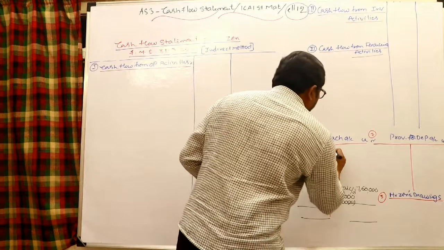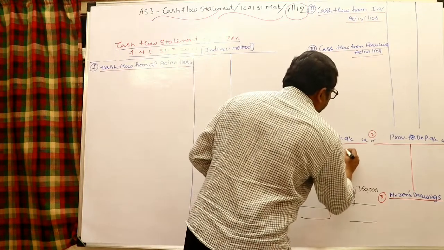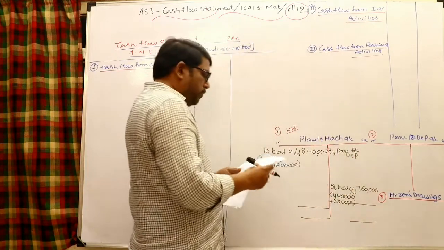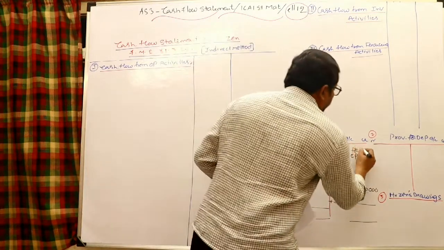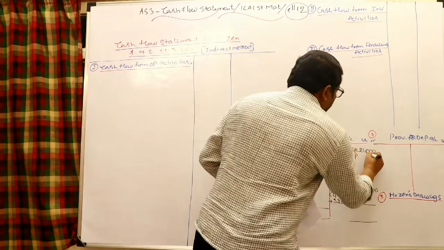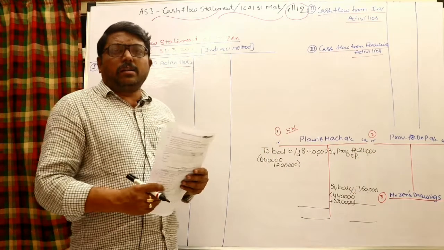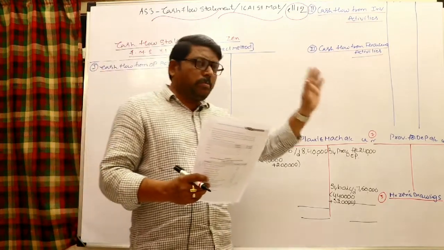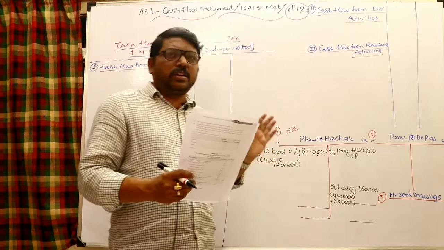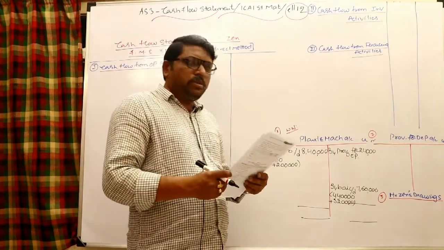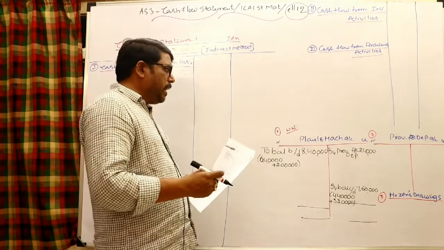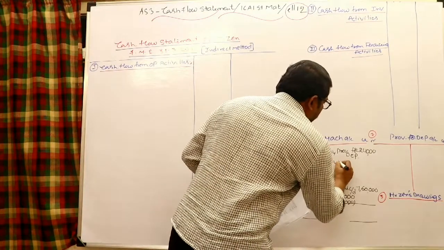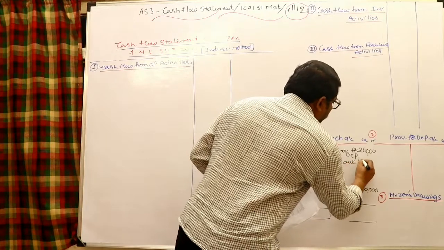In the asset account, by provision for depreciation 24,000. The asset which is sold, that particular asset's total accumulated depreciation should be transferred from the provision account to the asset account. Then it comes to the written down value. Then we need to write the sale proceeds amount, bank account debit to asset account. In the asset account, by cash or bank, 40,000.